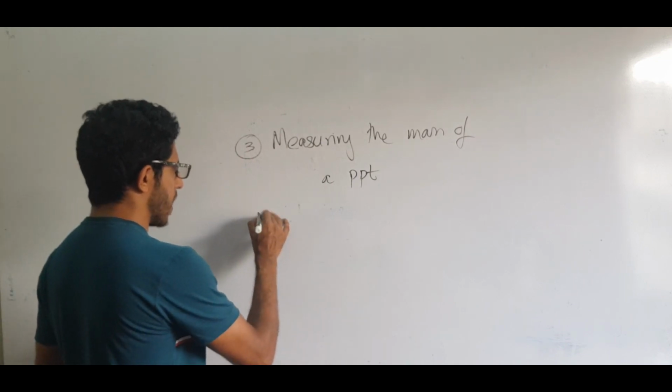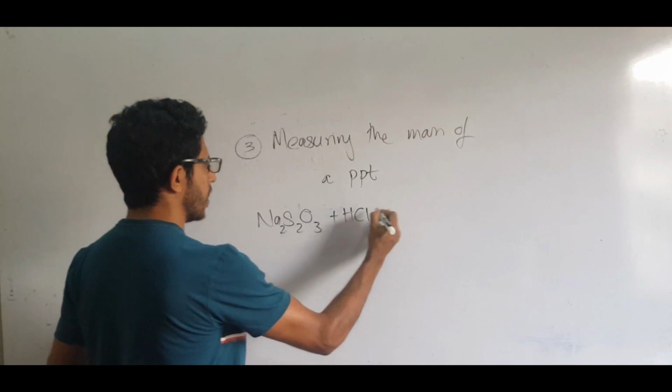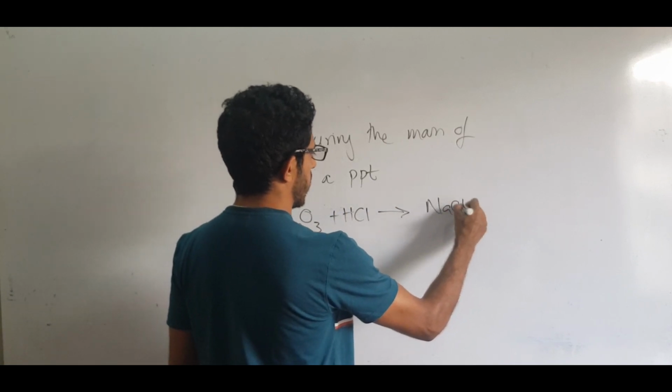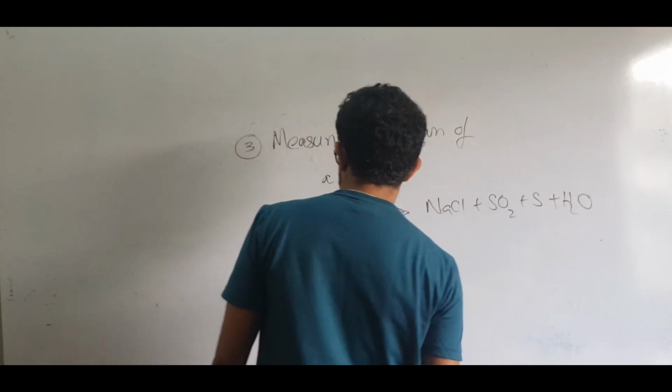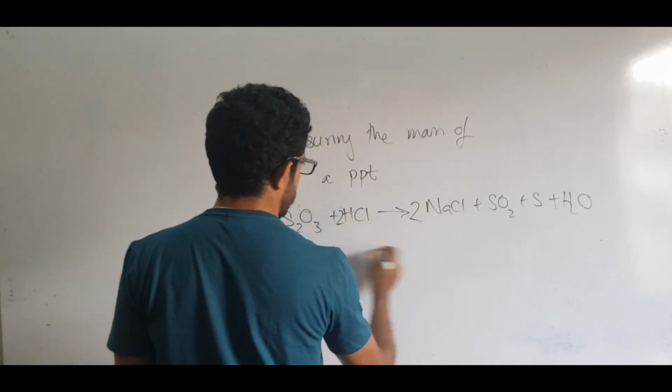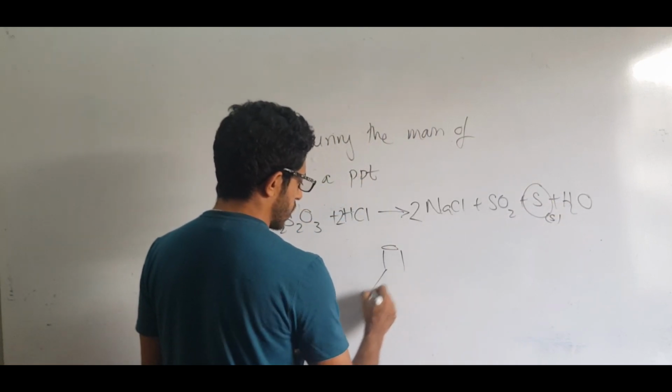Now, when we measure the time taken to produce a certain mass of precipitate, the common reaction is sodium thiosulfate with HCl. Sodium thiosulfate reacts with HCl to produce sodium chloride plus sulfur dioxide plus sulfur and H2O. Due to the production of this sulfur precipitate, what we do is we allow the reaction to happen in a